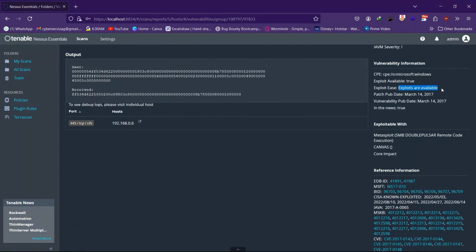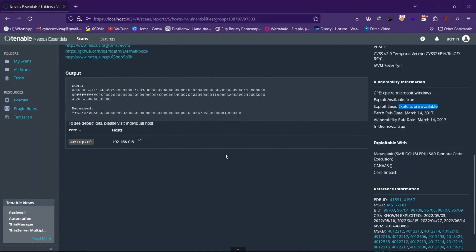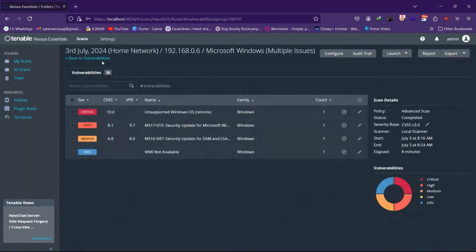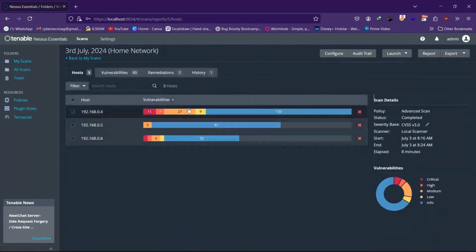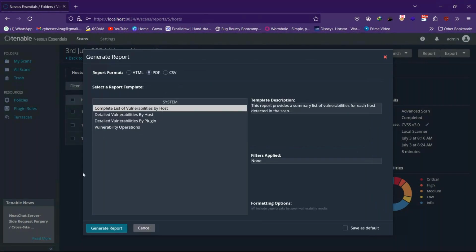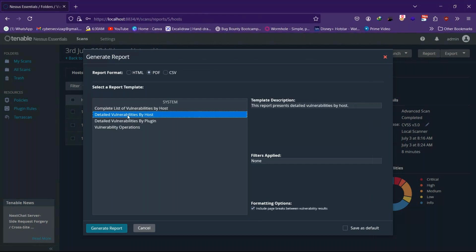First things first, let's try to generate a report for this. I've not shown you that yet. So go back to vulnerabilities. Once you have the list of all the devices here, on the top right corner, you have this report button. Click on that. There are two formats of reports. One is just a list of vulnerabilities, a very brief list that is not going to help you in any way. It only gives you the names of the vulnerabilities. But there's one more called detailed vulnerabilities. This is the one that you always take, which gives you detailed information about every vulnerability, just like in the Nessus tool. And when you click on generate report,